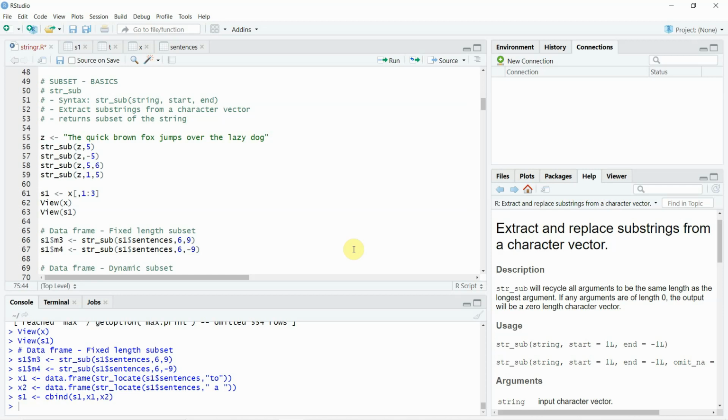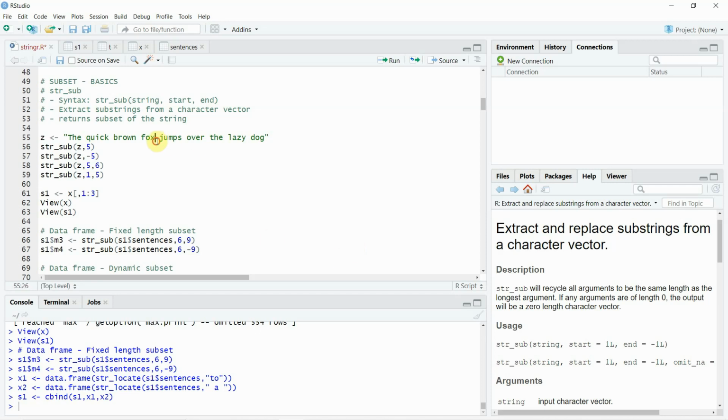And what do we mean by a subset of a string? Let's say you have got a big string: The quick brown fox jumps over the lazy dog. Interestingly, this string contains every letter in the English alphabet; that's just a trivia. Let's say you want to identify just parts of that string, such as the first vowel, or whether the word quick is available in the string. That's what you call subsetting.